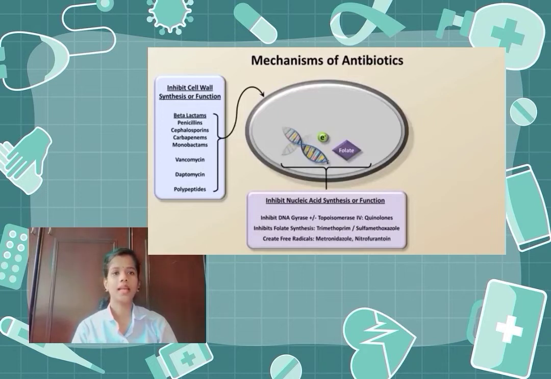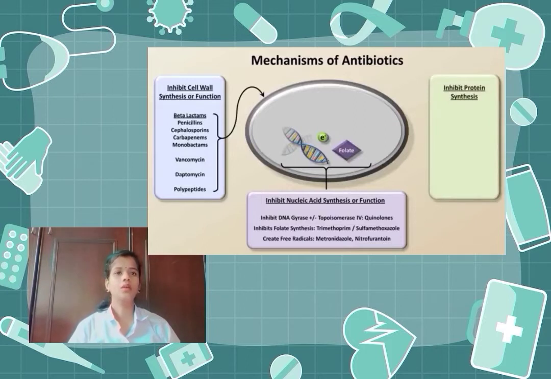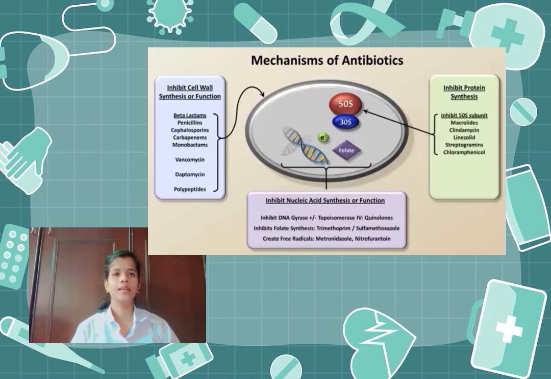And then the other drugs inhibit protein synthesis. That is, the drugs work on the bacterial ribosomes. Those that inhibit the 50S ribosomal subunit include the macrolides, clindamycin, the streptogramins, and the much maligned but effective chloramphenicol. Those that inhibit the 30S subunit include the aminoglycosides, tetracyclines, and the relatively new antibiotic